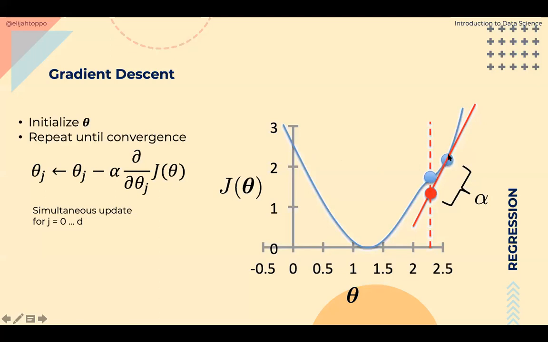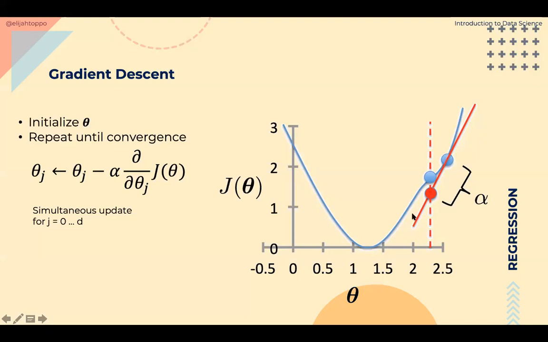Now, I want to move in a direction such that this cost will reduce. So, at this point, we take its derivative. Okay? And when we take its derivative or its slope, we can find this tangent to this curve. And that tangent gives us the direction in which we can increase fastest. So, if you move in this top side direction, you will see the line in which it will increase fastest. And if you move the other side, you will see the direction in which it will reduce fastest.